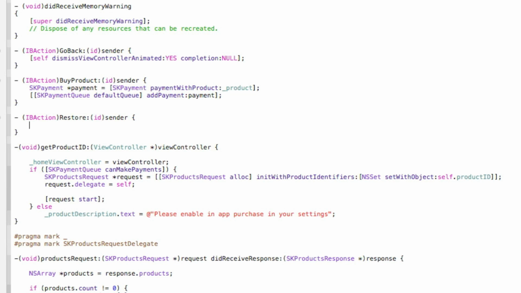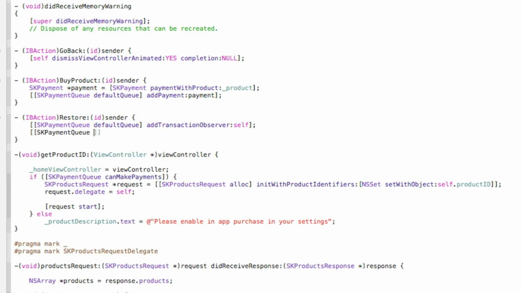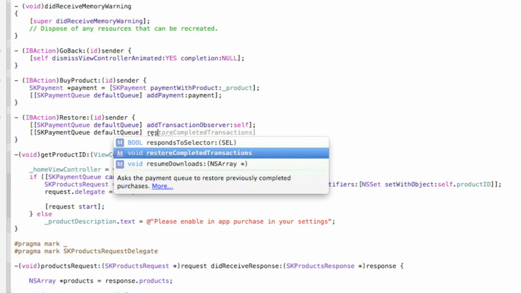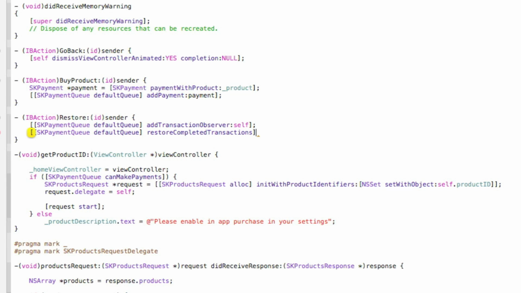Restore now. So once you've done the buy button there, that will make us go to purchase the product. We need to add restore now. If we've already purchased it previously, say we deleted the app, reloaded the app up, and it hasn't saved our purchase, we can just go to restore and it'll bring our purchase back up. So to do that, we do [SKPaymentQueue defaultQueue] addTransactionObserver:self; and again [SKPaymentQueue defaultQueue] restoreCompletedTransactions];